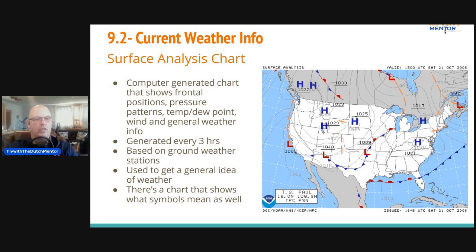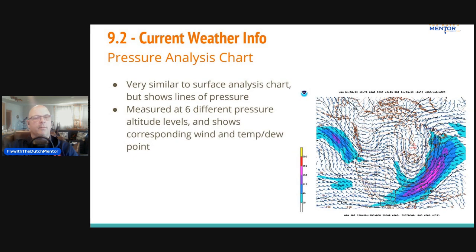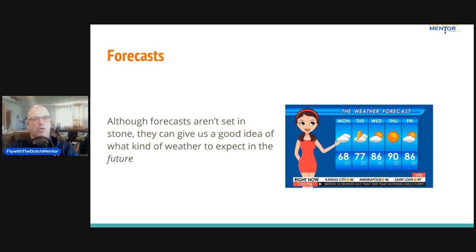We can take a quick look at the isobars and see how far apart they are. The further apart, the lighter the winds are. The tighter they are packed, the higher the winds and the disturbances are. This is a pressure analysis chart to take a look at both the wind speed and directions. And we know that the difference in direction between a low pressure and a high pressure system can cause